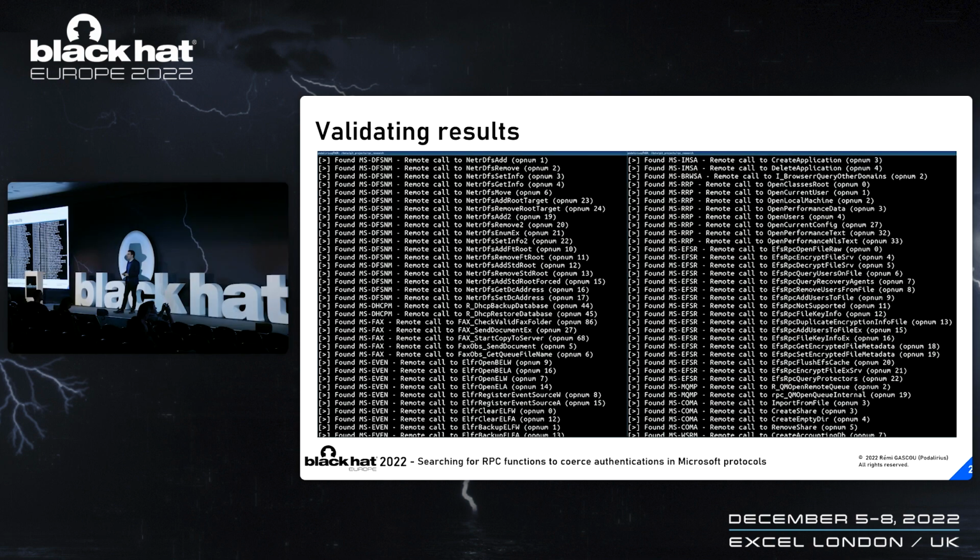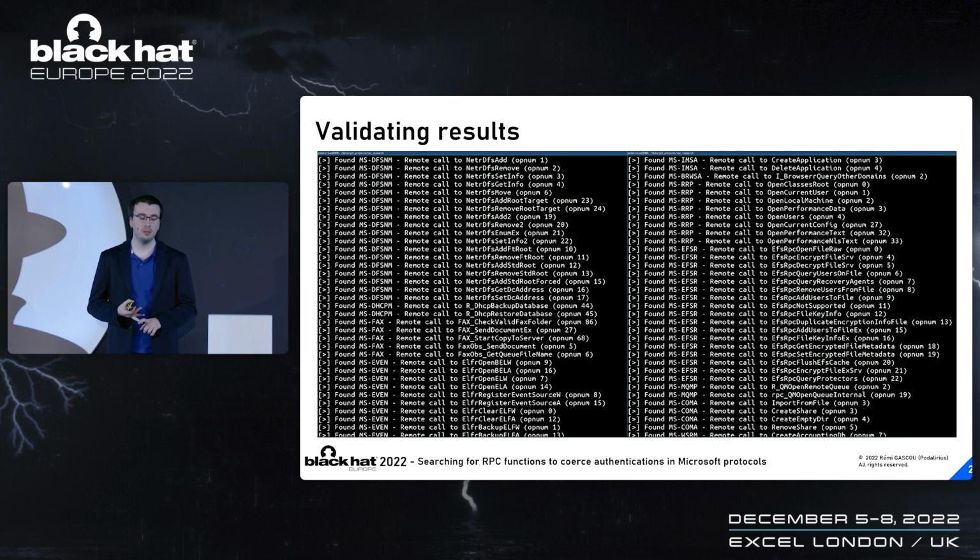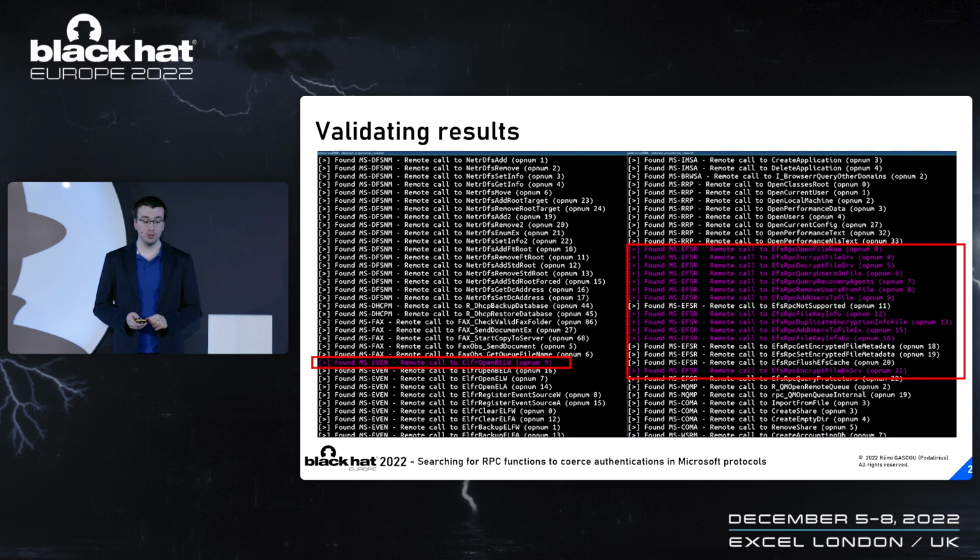Now that we're here, if we implement a model using the names that we saw just before, we can extract all the functions that have names that look like file name, server name, printer name, share, or sometimes UNC path. Some of the functions have UNC path in their names. And we can extract almost 250 calls. And inside them, we can easily find back known calls with PetitPotam in the encrypting file system protocol,